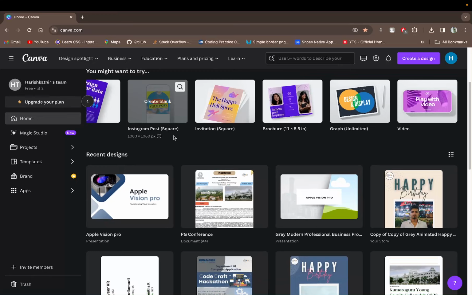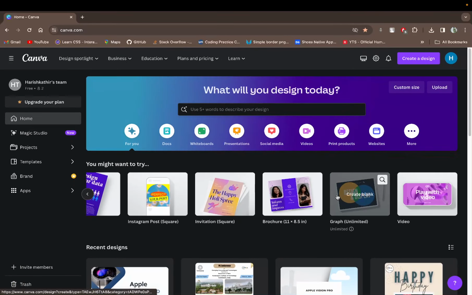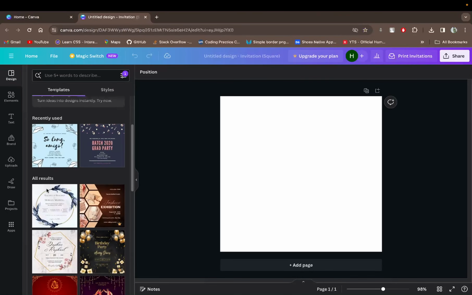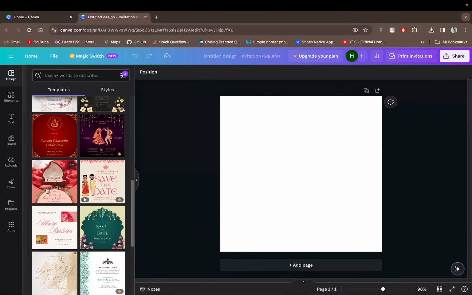So there are two Canva products. One is a free product and another is a paid product. The benefit of the paid product is we can get a lot more resources like infographics, etc. So let me create a square invitation. There are a lot more templates like so, okay,